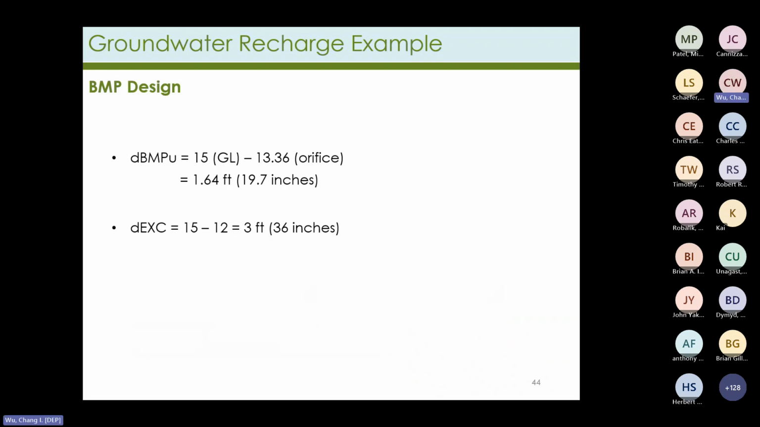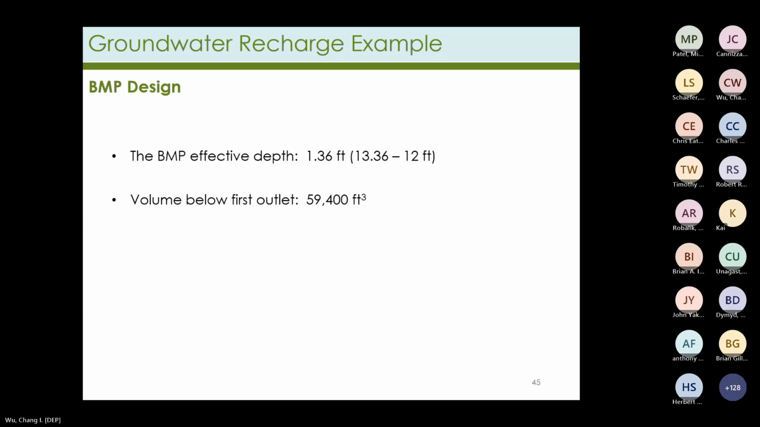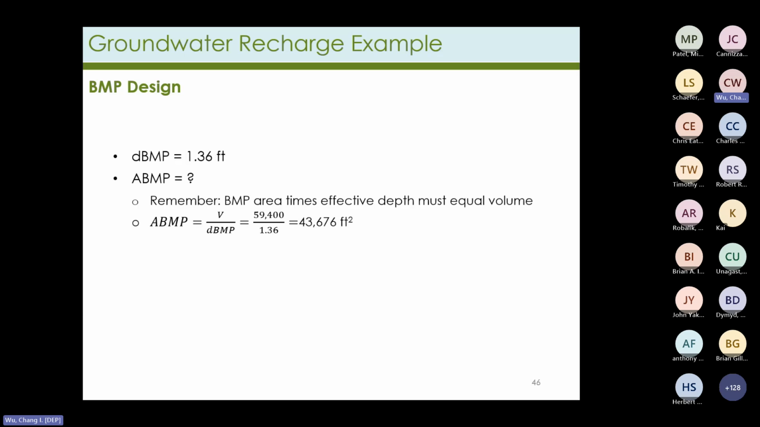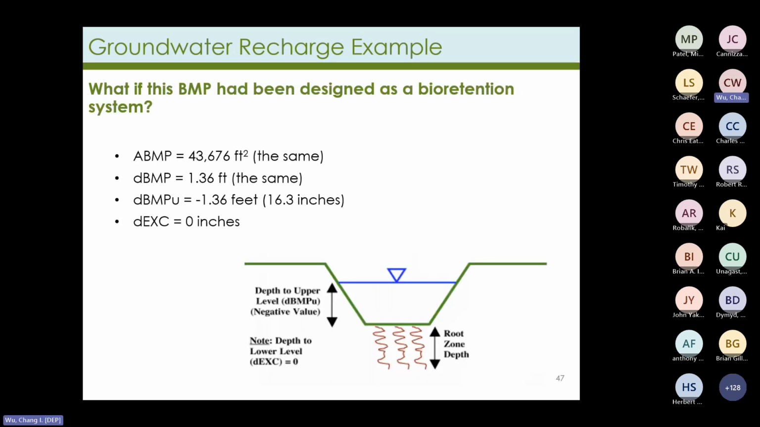So here DBMP will be this number. And here is the volume design, and then you will have the DBMP, the depth, as we say, is the lowest orifice. So the depth for the DBMP will be 1.36 feet. And for the area, you can use the recharge volume divided by the DBMP, and then you will get the ABMP. Then you can put those inputs